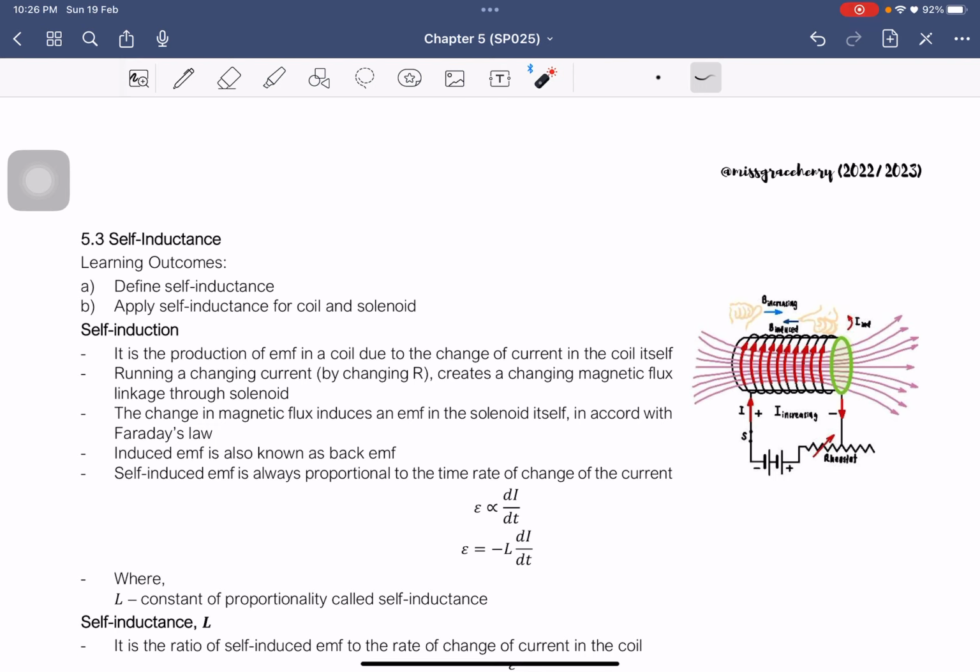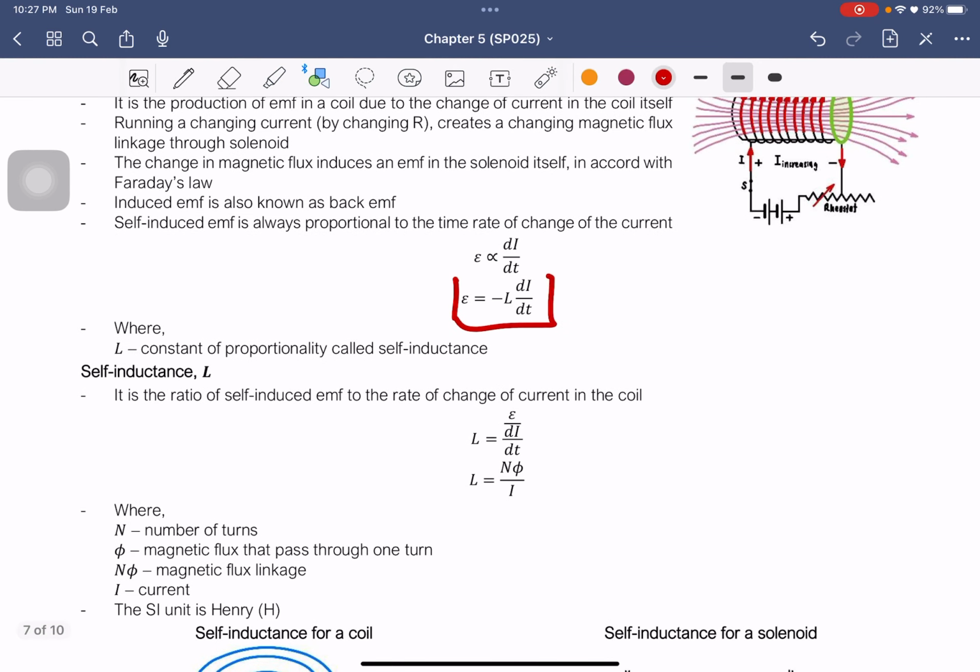So by running a changing current or changing the resistor, it will create a changing magnetic flux linkage through the solenoid here. So when there is a change in magnetic flux, we will induce an EMF in the solenoid itself. This induced EMF is also known as back EMF, don't confuse. So self-induced EMF will always be proportional to the time rate of change of the current, which is this one. So the formula is equal to this one here,